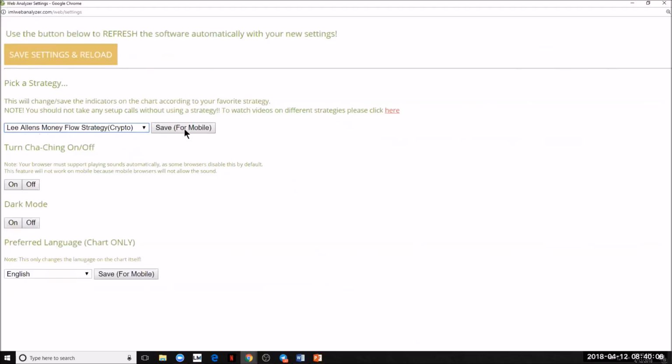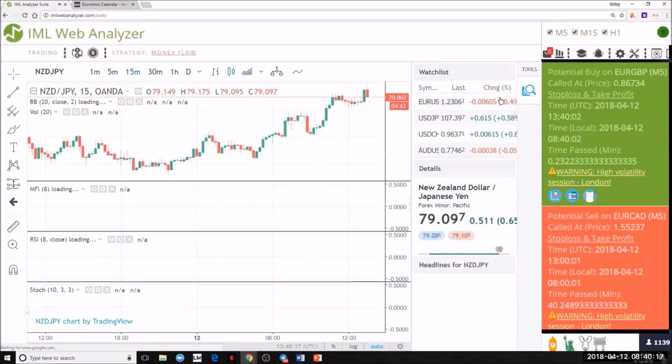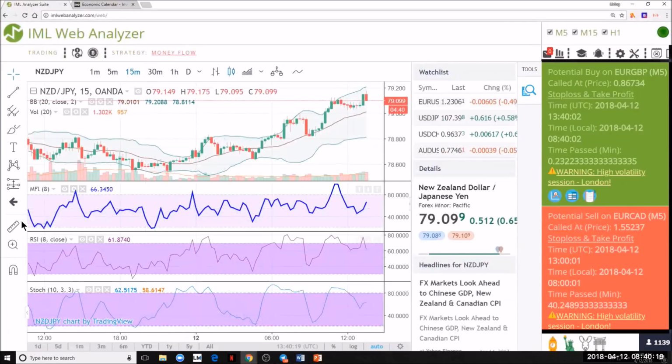If you're on a mobile, you want to click Save for Mobile. Make sure your cha-ching is on when you're at the computer, and then you always want to save settings and reload. Once you've done that, you're going to get the three indicators here that we use. Money flow, the MFI indicator, is the most important one. So I'm going to go ahead and show you, just in case you need to format,